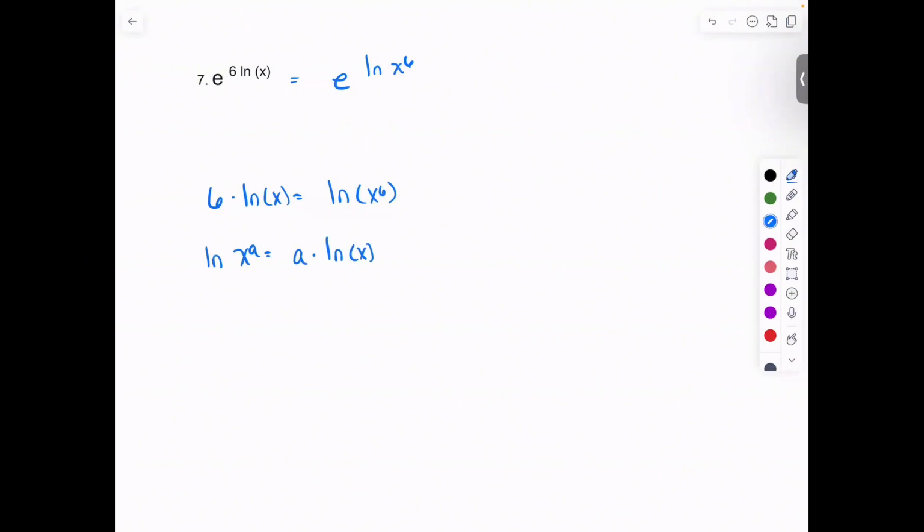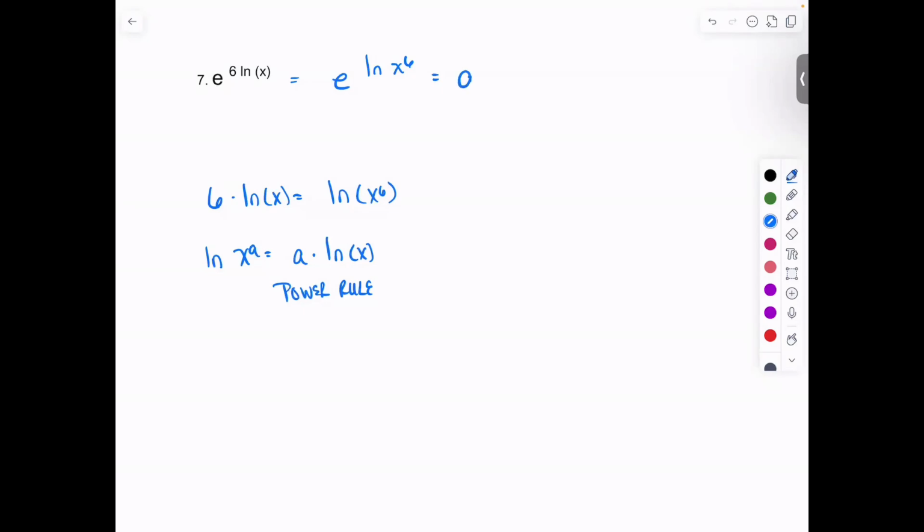This power rule makes the exponent interchangeable. I can put it out front, or I can leave it as an exponent on that x value in the log expression. But anyway, I'm just going to say that e to the ln of x to the 6th power